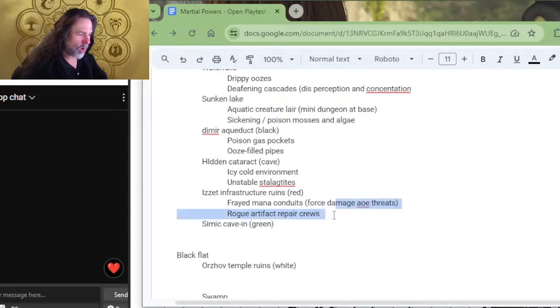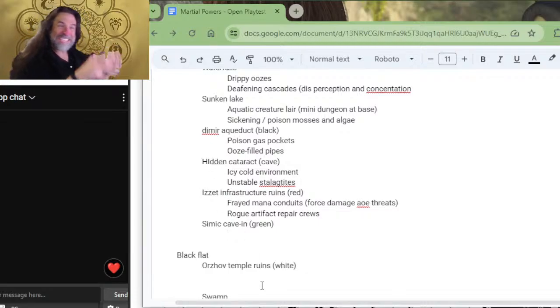And like the artifact repair crew might be fed and repaired by this force damage. So while it's hurting everyone else, it's actually repairing the artifact machines that would be going rogue and attacking your characters. So that's some of the idea that's behind there. And as these are just ideas, they aren't set in stone. They're just flavor. They're like ludo-narrative chunks that can be adapted and